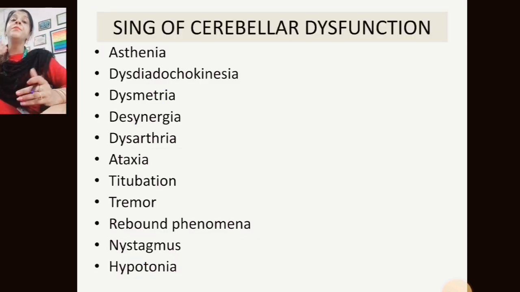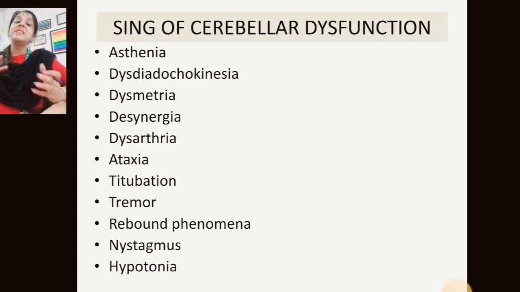We may have ataxia. Ataxia is incoordinated movement, which is a broad topic, that is incoordination. The patient is not able to do the movement, which includes dysmetria as well, because the patient is not able to judge the distance, and dyssynergia, meaning the patient does not have a proper synergy pattern to do that movement. The patient may use mass movement, or the patient may use individual movement. Disturbed synergy is there, either flexion synergy or extension synergy.